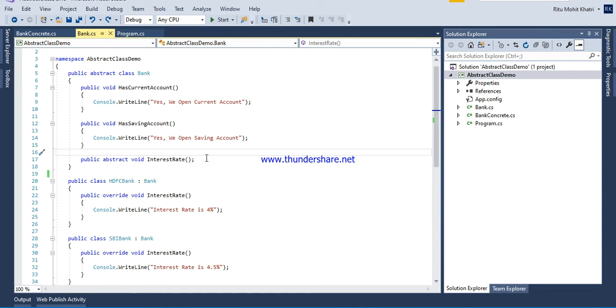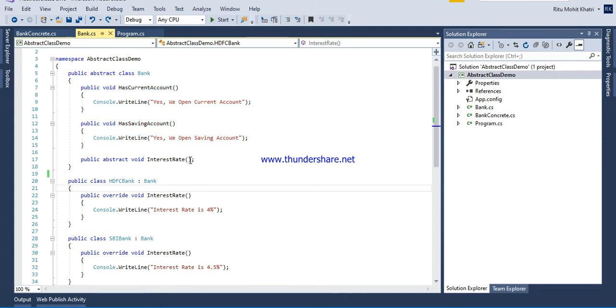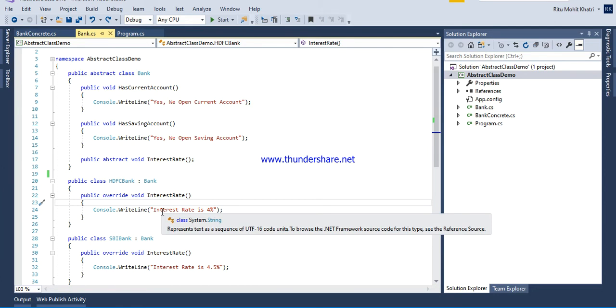interest rate. So for that reason, in the abstract parent class, we have added two non-abstract methods, which we can normally use by just inheriting the abstract class in the other two classes, HDFC Bank and SBI Bank. But the third method is an abstract method, so we have just declared it and we override it in our child classes, HDFC Bank and SBI Bank, and define the body here. This is what we learned in the previous video about the abstract class and the